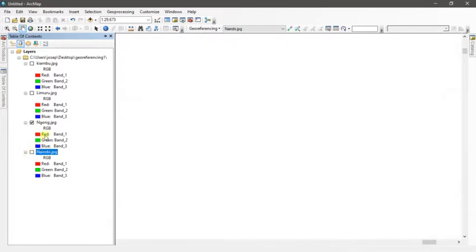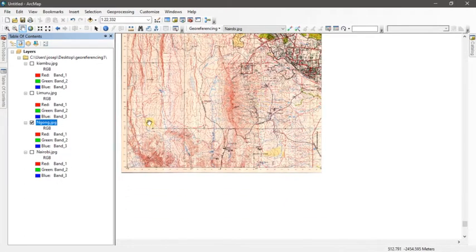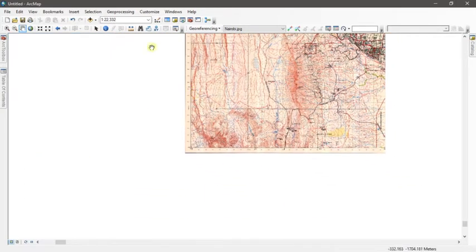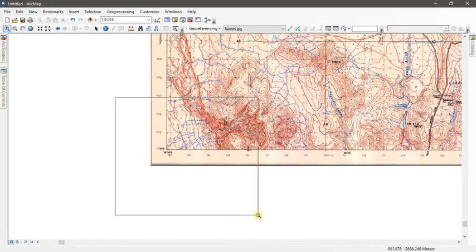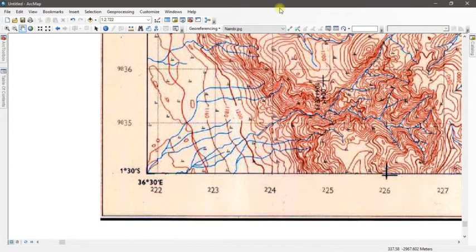I can remove this one, deactivate it, then zoom to layer. Then the same procedure that you used when georeferencing Nairobi is the same procedure that is used here. So I've changed it in the georeferencing tool to Ngong.